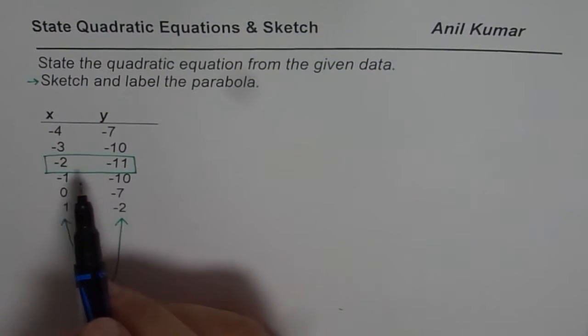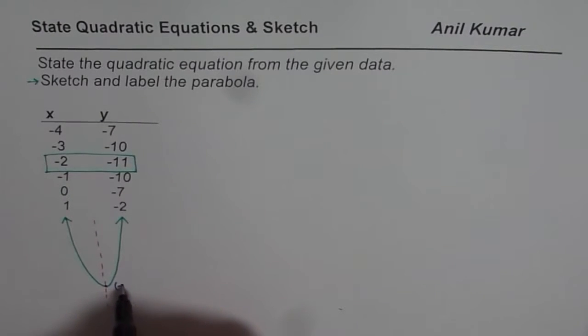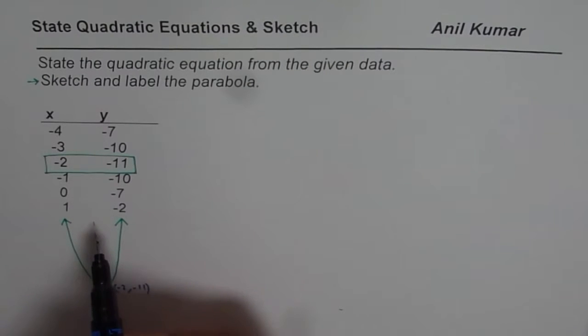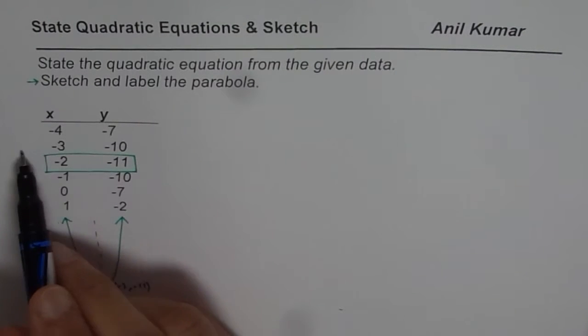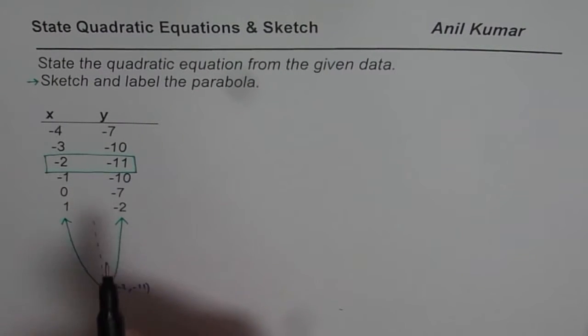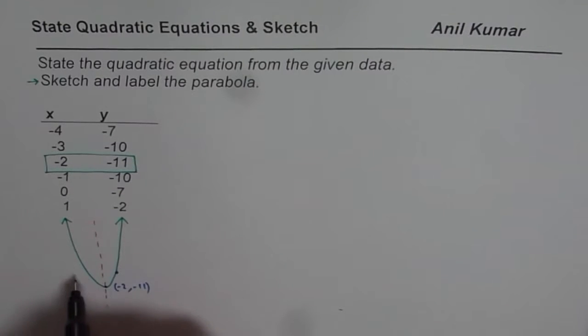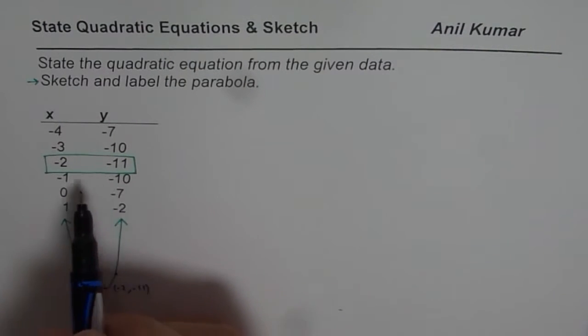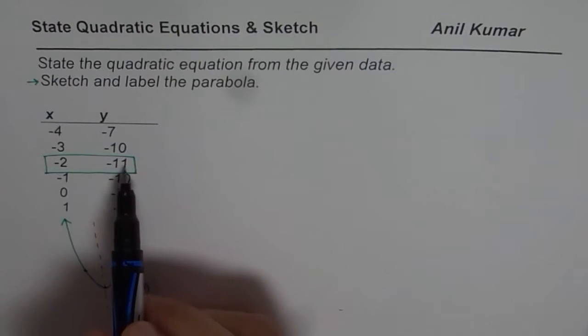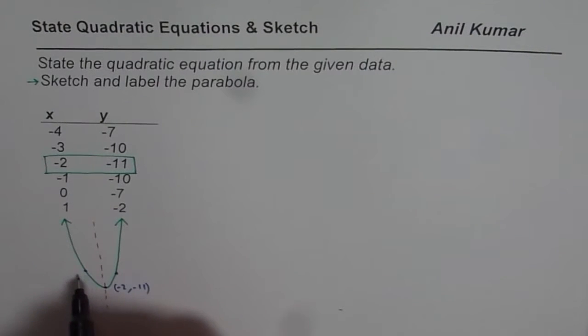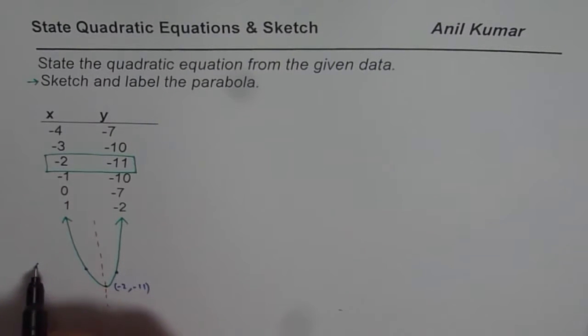So on the sketch, we see this point is -2, -11, right? As we move up, -3 is on the left side, -1 is on the right side. So we get a point which is 1 unit to the right. But it is moving up by how many units? 1 unit. So this step is 1, right? And so we reach here. Let me write this point as